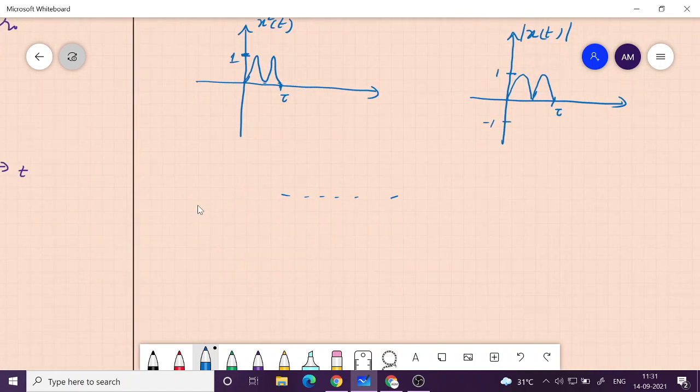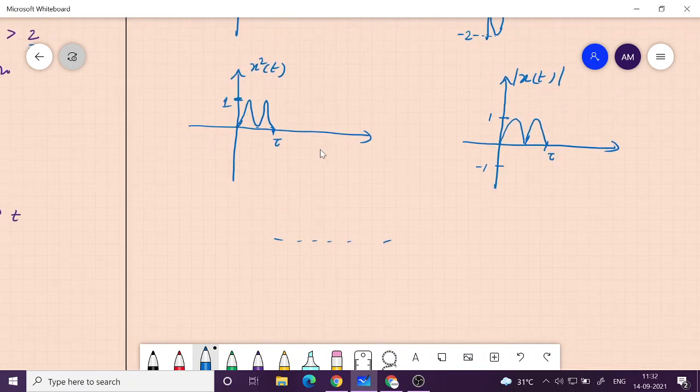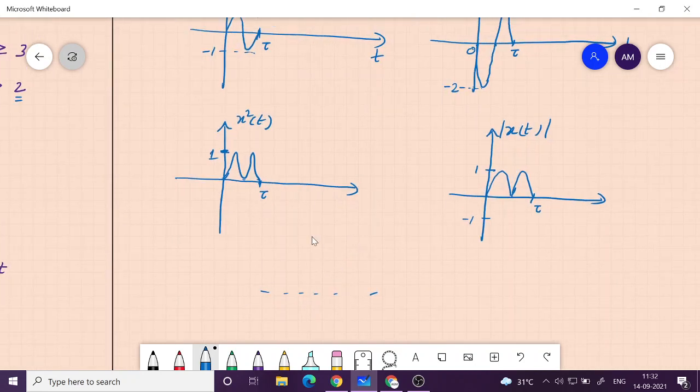So signal transformation you can classify like this into two categories. One is transformation with respect to time. That is more important to understand, because we are not used to that normally. But in amplitude transformation, the time axis is kept sacred, we don't touch it, but amplitudes are varied.